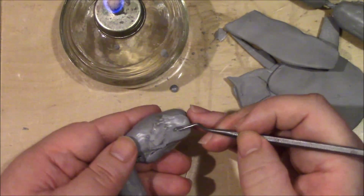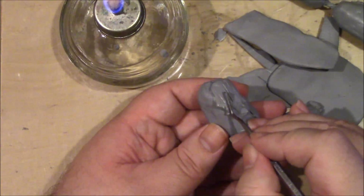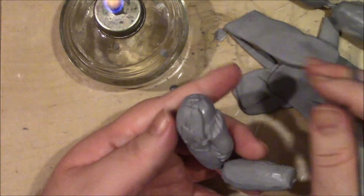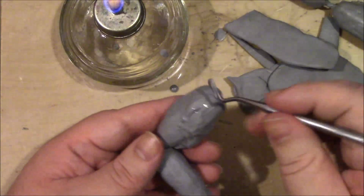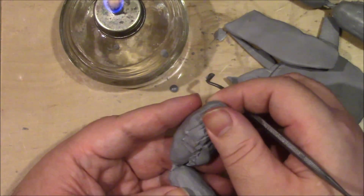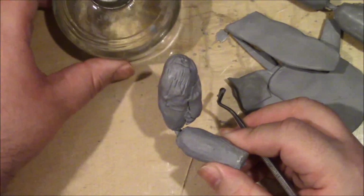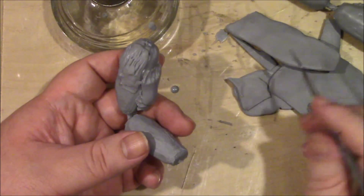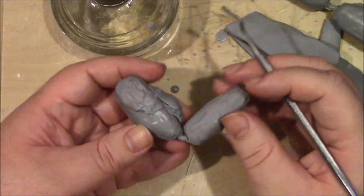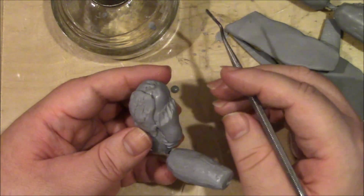So yeah. Also, I was saying that I was looking at a human anatomy diagram, or a drawing, a human anatomy reference on my computer. I also have a small collection of anatomy books, which I recommend if you plan on making models. You have to have a good idea of human anatomy, and also have reference of it at all times. I could get by without using photo reference, but